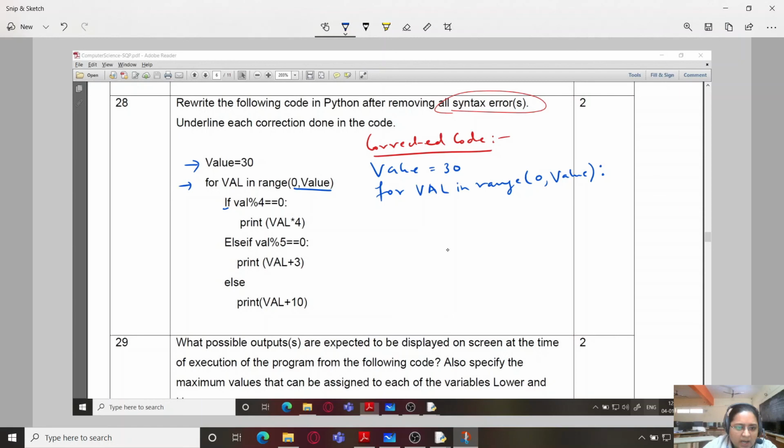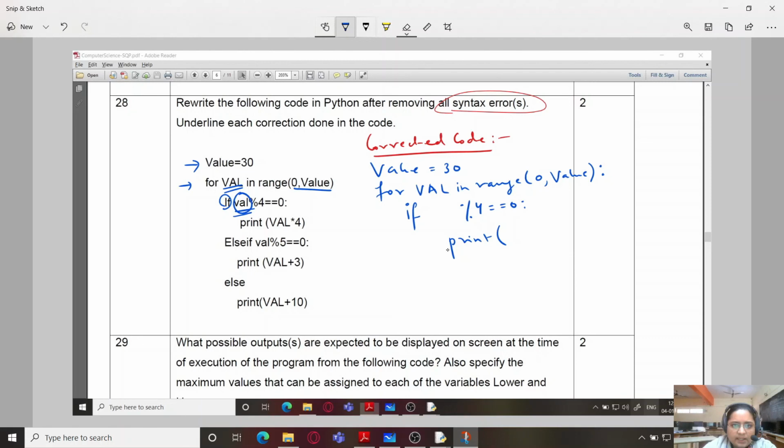The rest is correct, print. Now here one more thing is the case of val. Here it is capital Val and here it is small. So we need to make this correction also. This will be val. Then print val into 4.